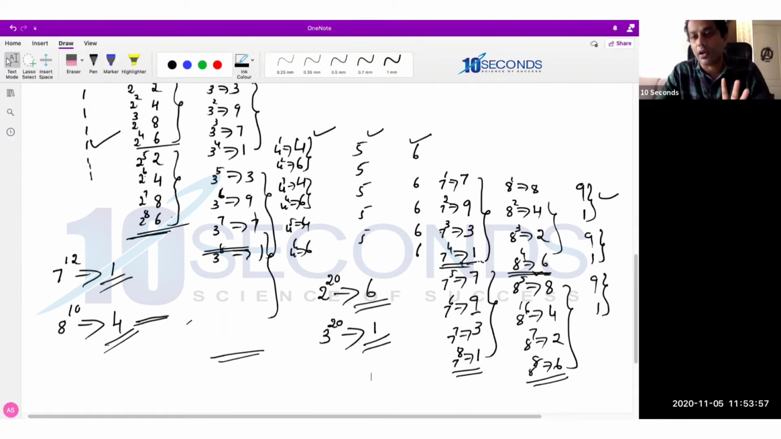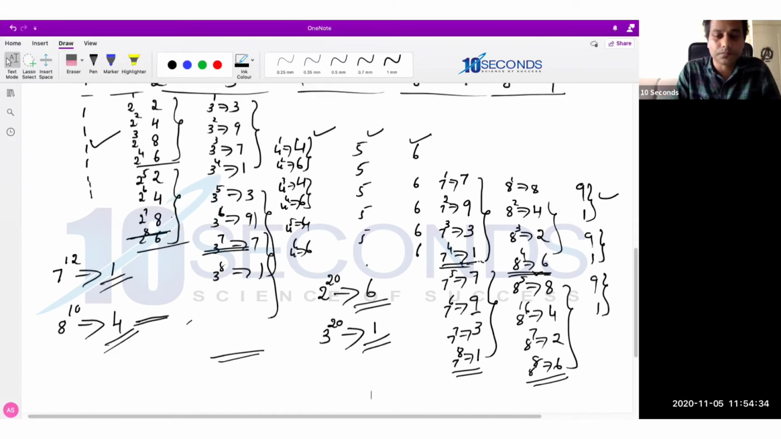Either the number will end with the same digit every time, like 1, 5, 6, all digits will be same, or like 4 and 9, every 2 it will repeat, odd and even, or like 2, 3, 7, 8, after every 4 it will repeat. So only 3 possibilities. Either all digits are same, or odd power or even power, or after every 4 powers the numbers will repeat. But what is important here is